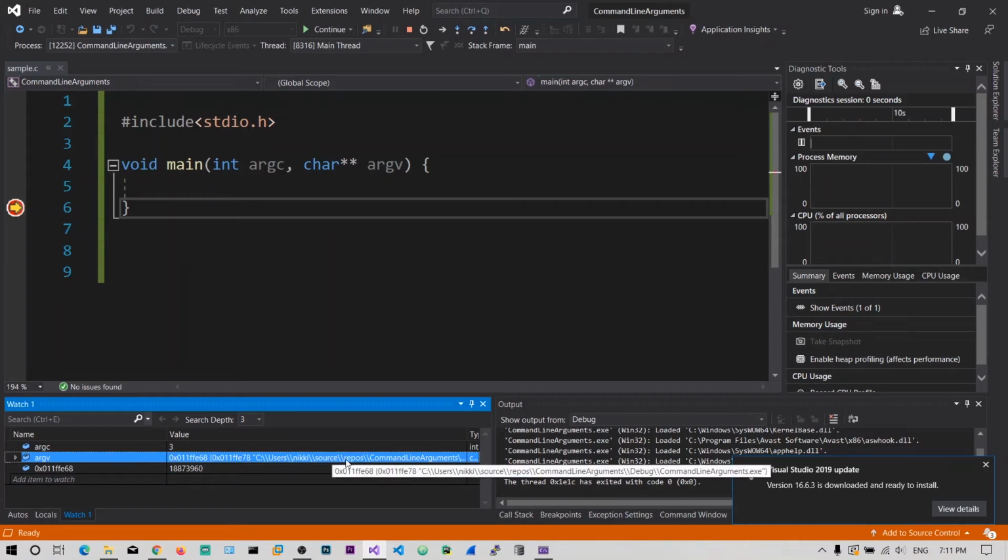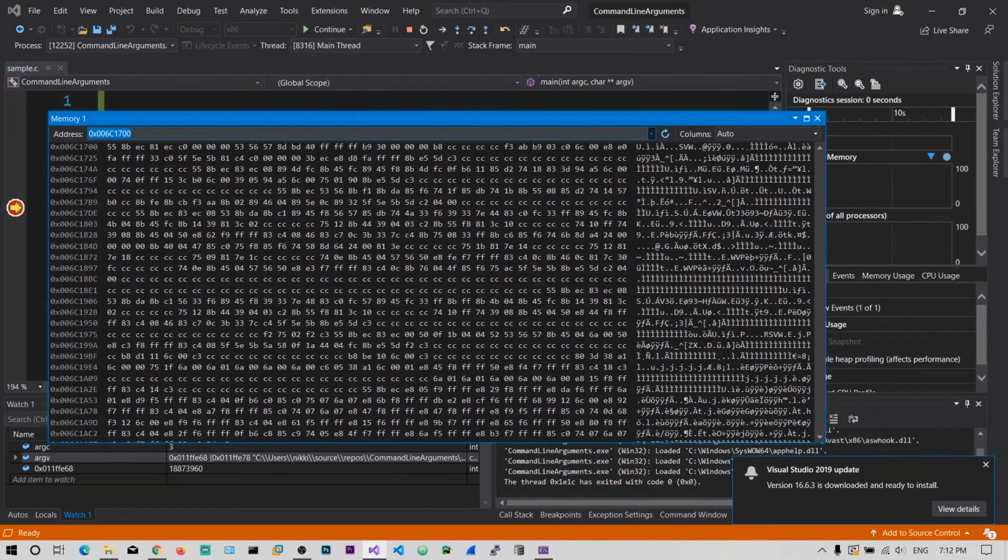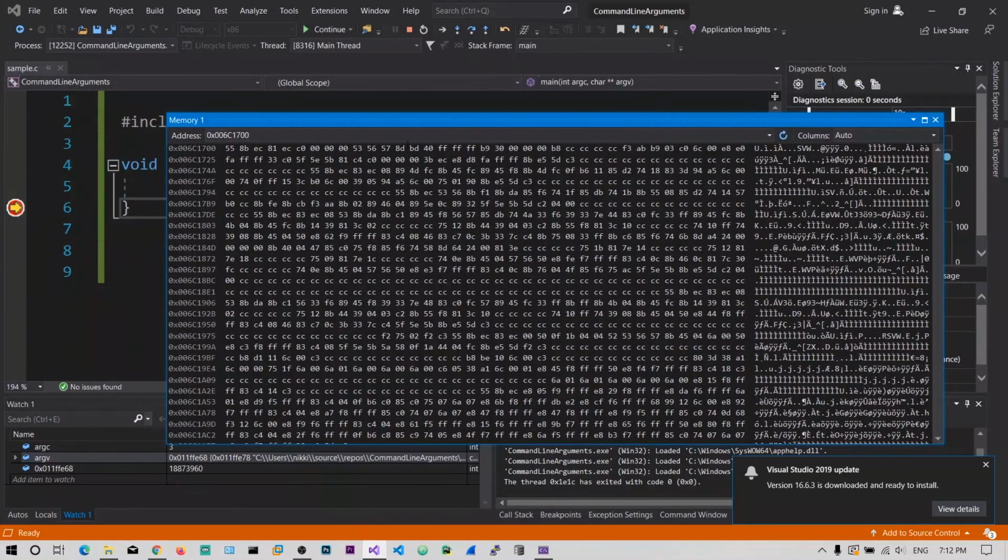To fully observe what this is, let's open a memory window. Click on Debug, Windows, and choose Memory 1. Now I can type any address here and get the value right up here. So let me type &argc.